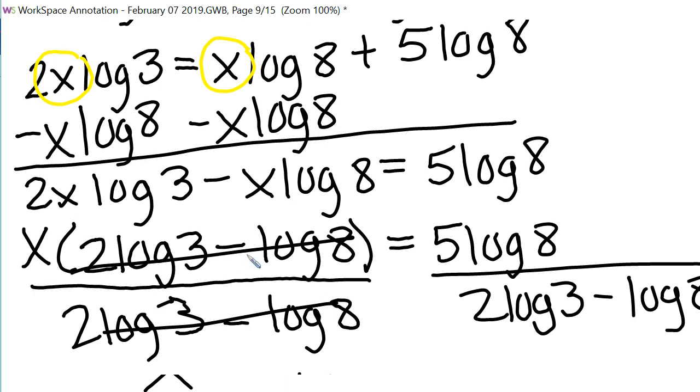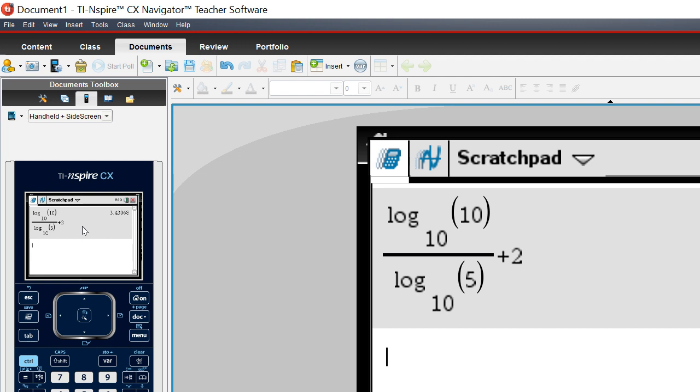So now we're ready to put this into the calculator. And if you're using an 84 or 83, if you have more than one term in the numerator or denominator, you'll have to group it in parentheses. So after you type in 5 log 8 and close the parentheses, and hit the division key, then these two logs need to be grouped in parentheses. And on the Inspire,